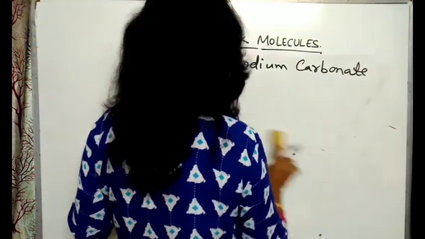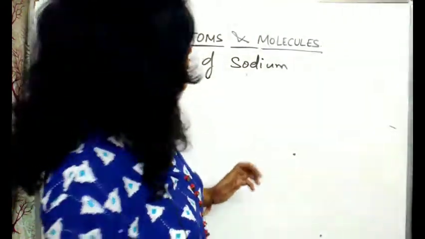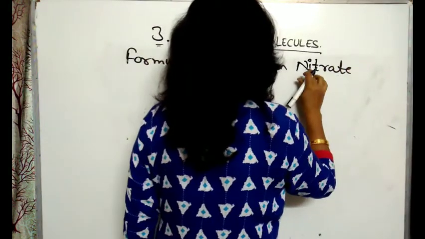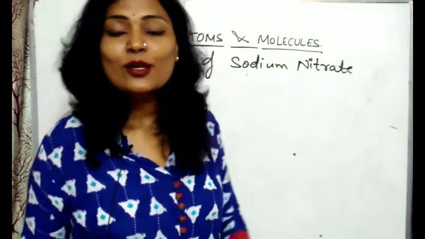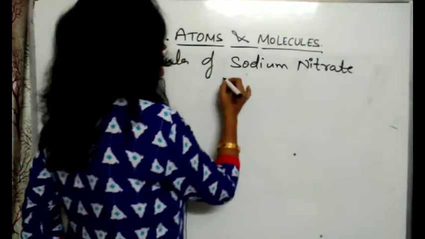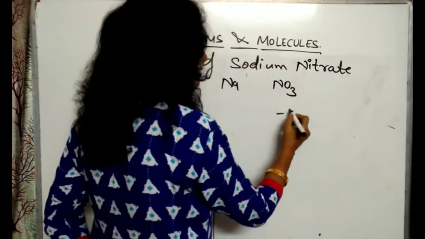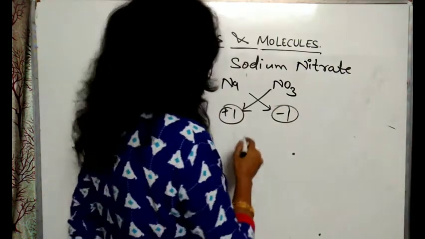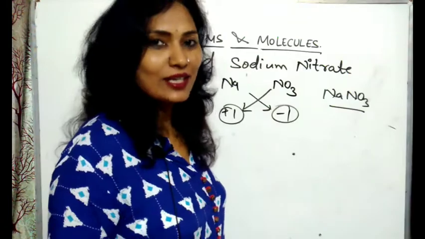That is, sodium carbonate we have done now. Sodium oxide we have done. Okay, now sodium nitrate. Do you know how we write the nitrate? It's NO3 and its valency is -1. Okay, so we will write Na for sodium and NO3 for nitrate. Its valency is -1, its valency +1. Cross over the valency, the same valencies are there. So its formula is NaNO3, that is sodium nitrate.